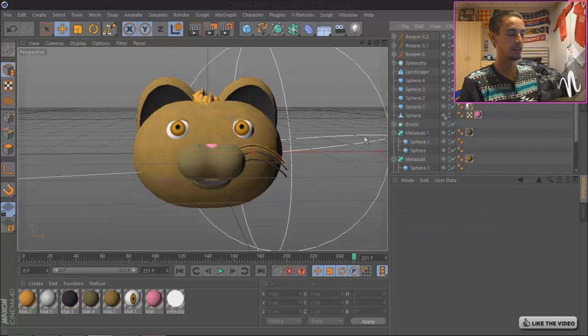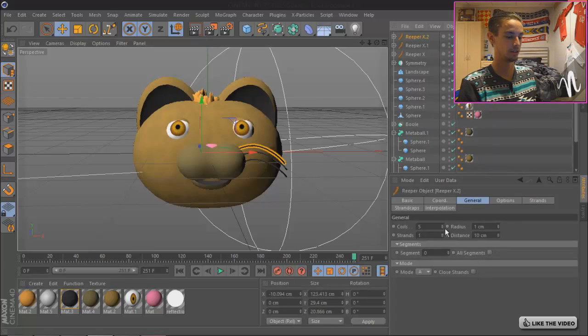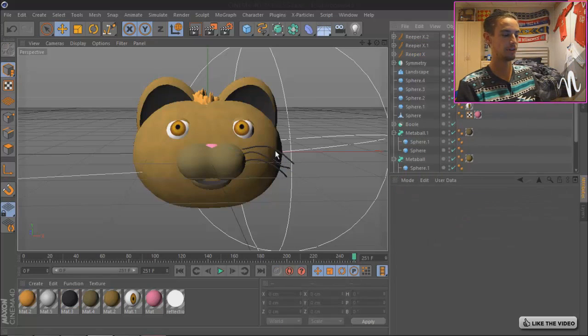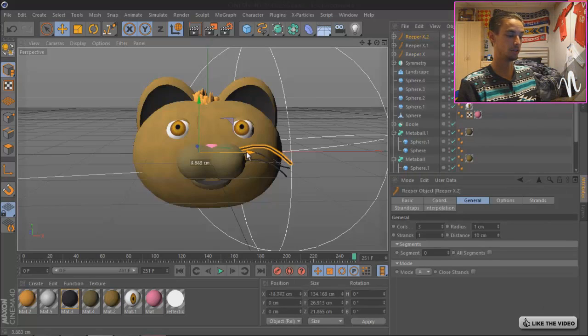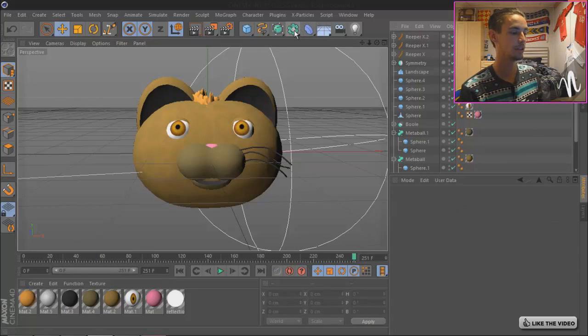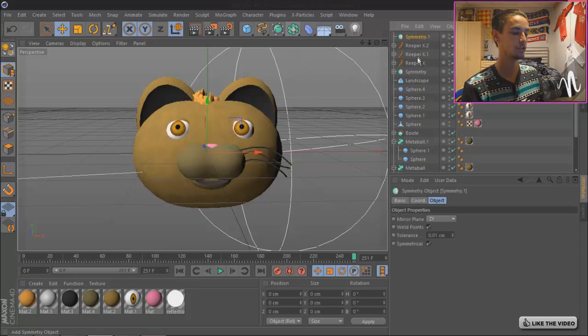Boom. But if you wanted variations here, you could go and adjust the coils. So I could do like that, and then like that's one too many, like that. So if I wanted variation, I could very well just do that. And I'm gonna, that would work. Whatever. And then again, we can go ahead and get some symmetry, and I believe you have